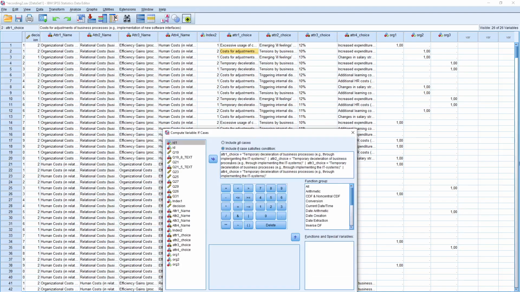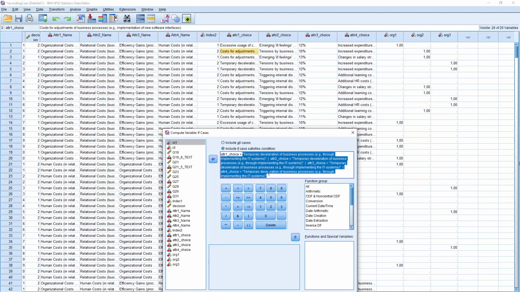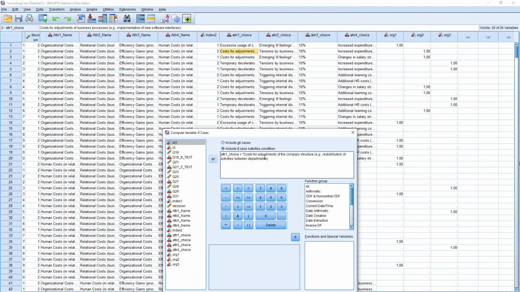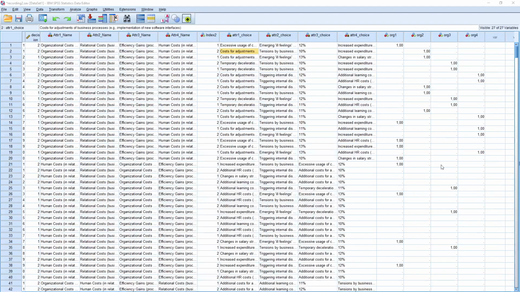It equals to 1 if, and here I have to delete this text and substitute it by the item number 4, which is this one. Okay, or, and we copy paste it 4 times. So the first one for attribute 2 choice, click on or, the third one for the attribute 3 choice, and finally the fourth one for attribute 4 choice. Continue and OK. So the fourth item has been